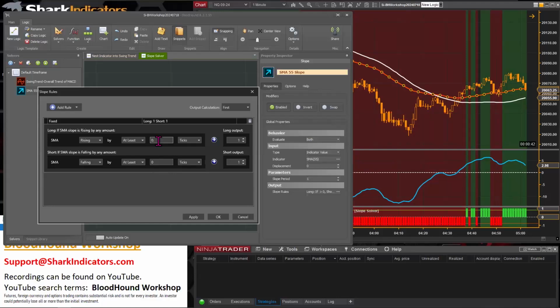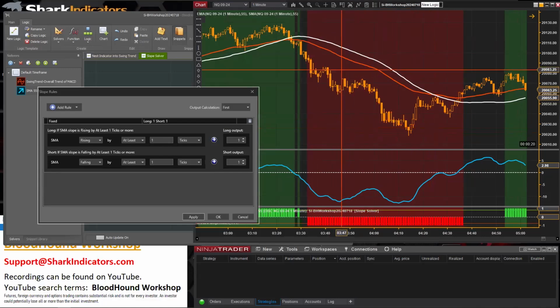So let's see what one tick of slope looks like. If I hit apply and see, what am I on? The NASDAQ. Okay, the NASDAQ's pretty volatile,